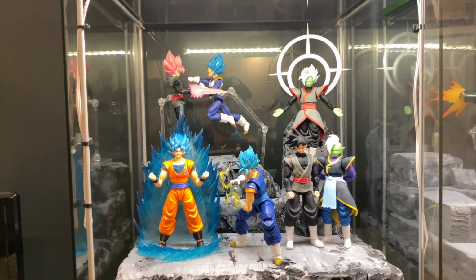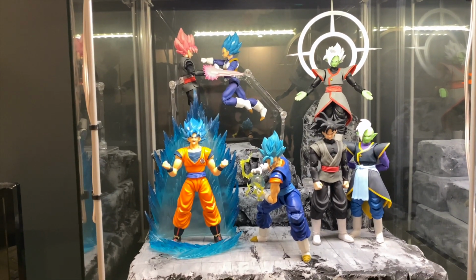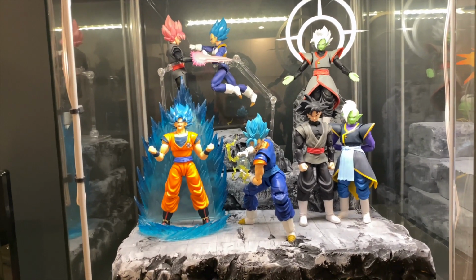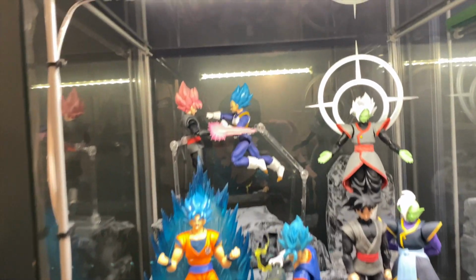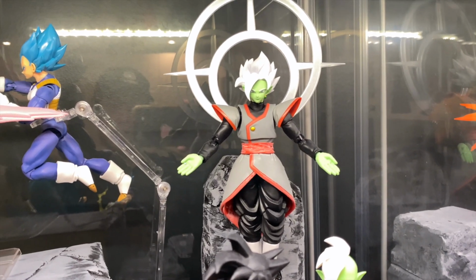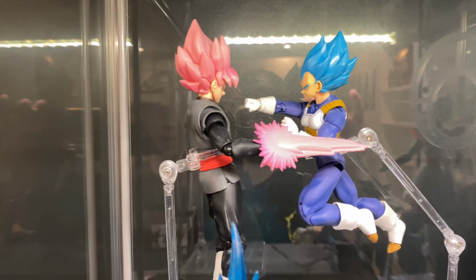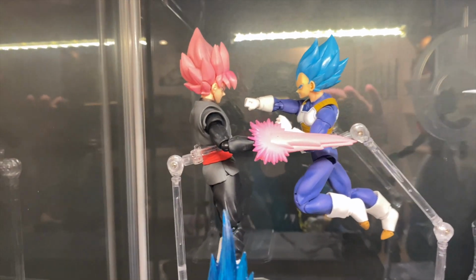All right, this is like third time's a charm on this shelf. It has not changed at all. I'll go over it very briefly, but for those of you who have watched all of my collection videos, it's the same thing, it's the same figures. I've got the Potera version, a few Zamasu up here. Love this figure. I've got a 1.0 Vegeta body with a 2.0 Super Saiyan Blue head up here fighting a